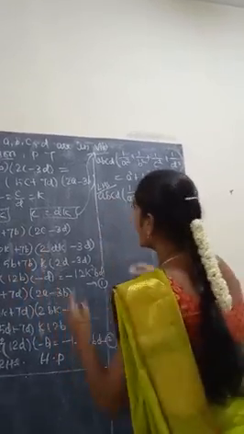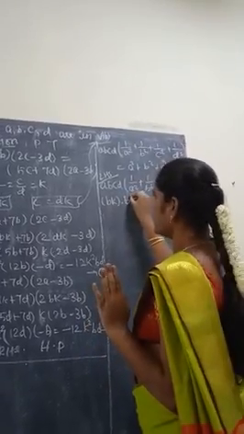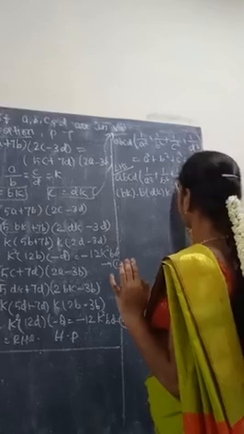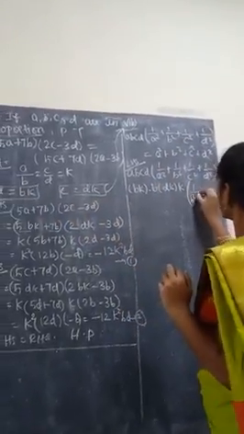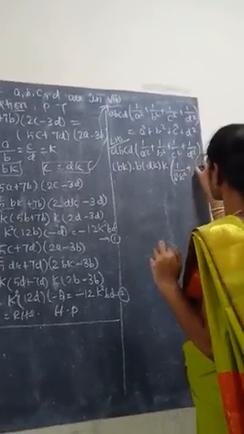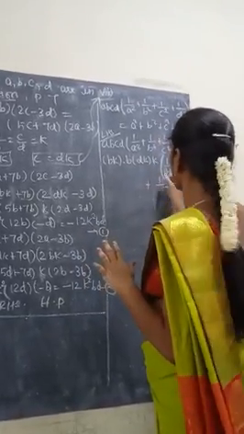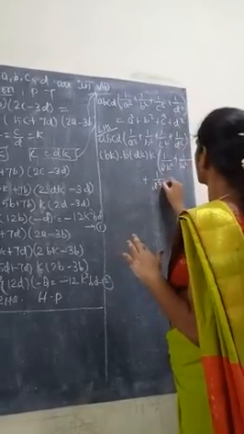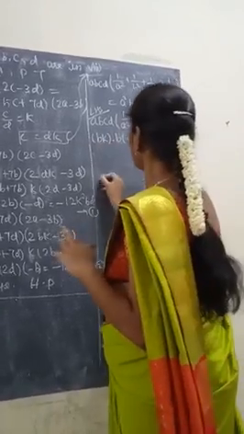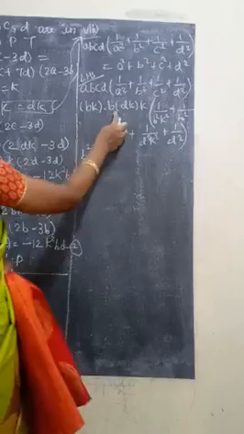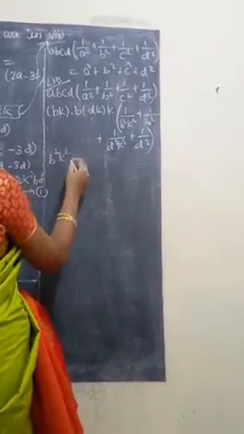So what is A equal to? BK. So BK into B value, B. What is C value? DK into K. Bracket, 1 by what is A value? BK. So B square K square plus 1 by what is B? B square plus 1 by what is C? DK. So D square K square plus 1 by D square. So here B square, wait. B into B square, K into K square, D into D square.